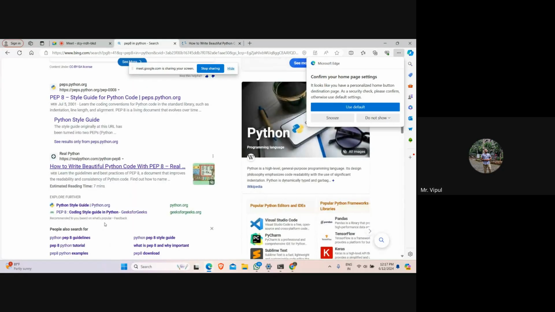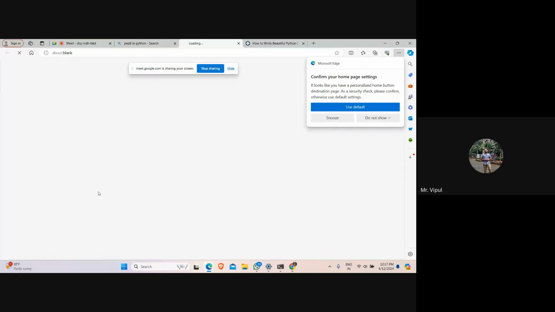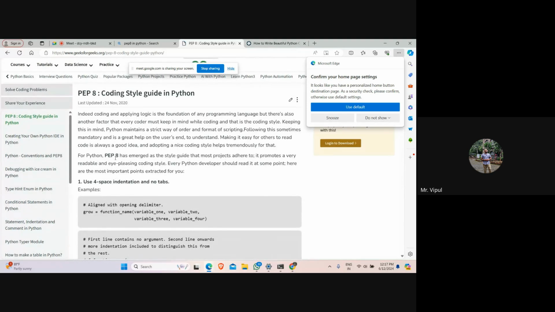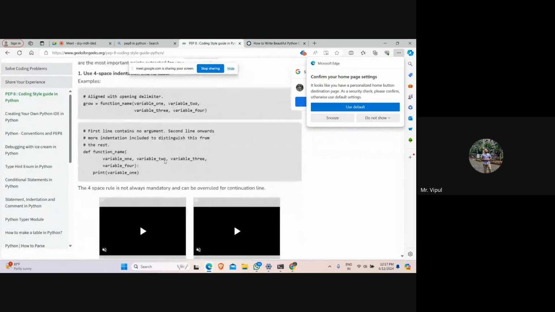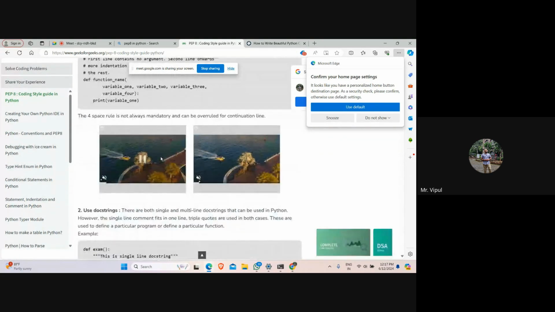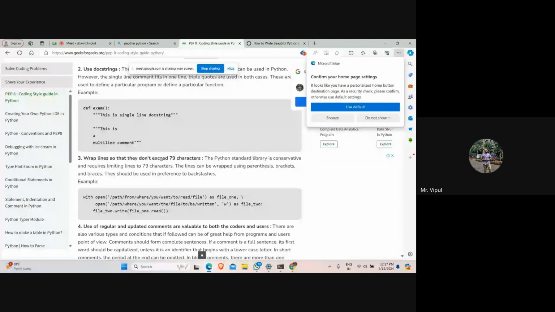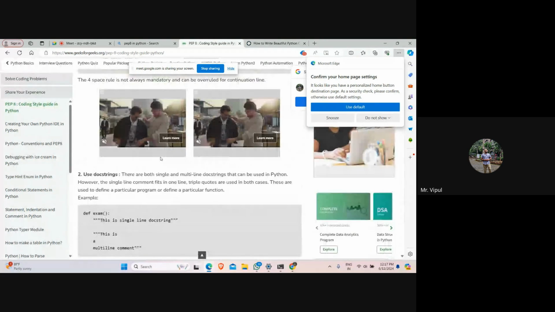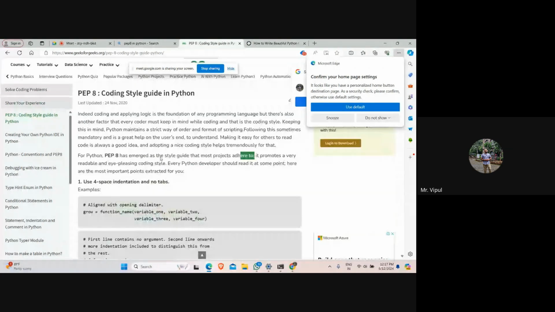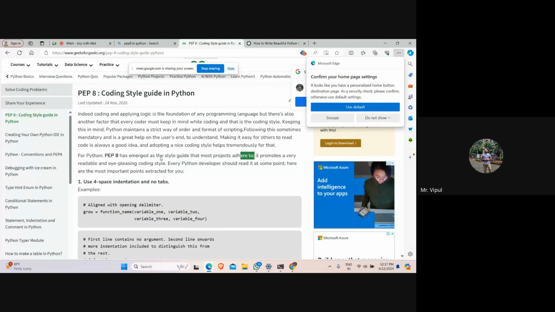It's just a coding style. PEP 8 is just a coding style guide. See, what it's saying is coding and logic is the foundation of any programming language, but there is also another factor that every coder must keep in mind while coding. That is style, right? Coding style.